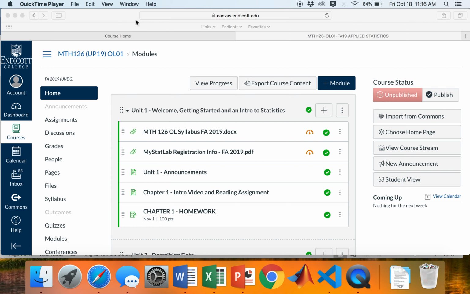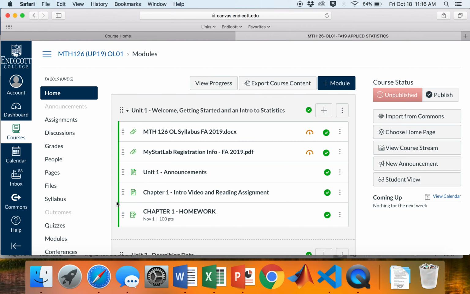Away we go. So this is our Canvas page. Hopefully you've taken an online course before that uses Canvas. But in case you haven't, this is the Canvas interface. All of the content for the course will be here in Canvas. The gradebook and whatnot will also be here in Canvas. So most of the things you need are here. The only thing that you'll do elsewhere is completing the homework, which I'll show you a little later in this